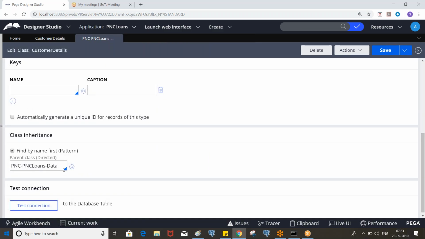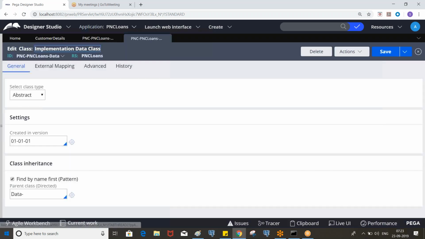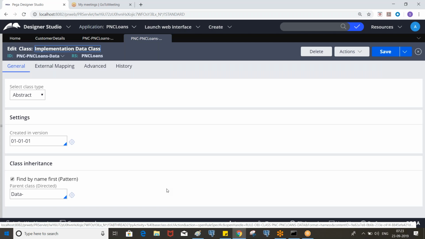This is the parent class. Now, the data classes always inherit from the Data- top level class. A work class must be inherited from Work- or its subclasses. Similarly, all the data classes must be inherited from Data- or its subclasses. Clear? So what will be the next class if you click here?